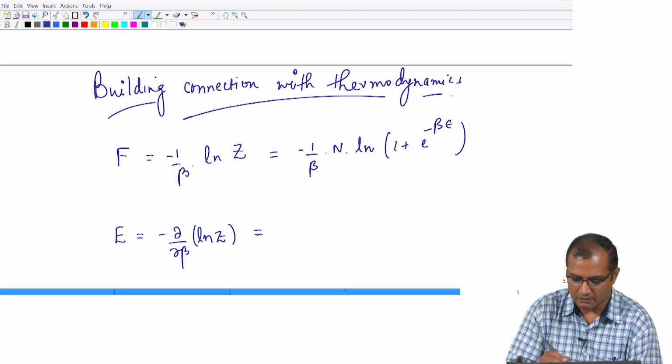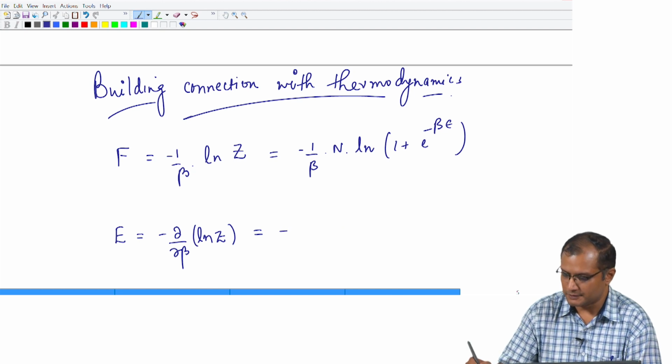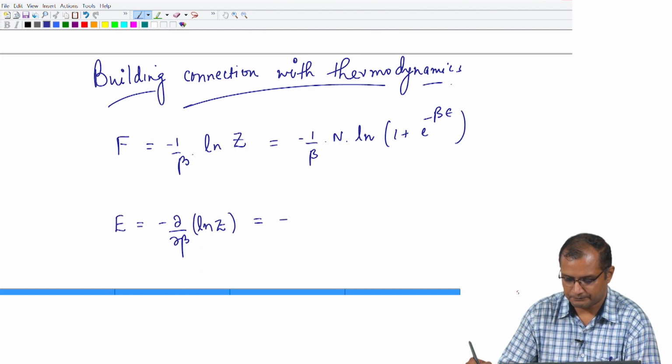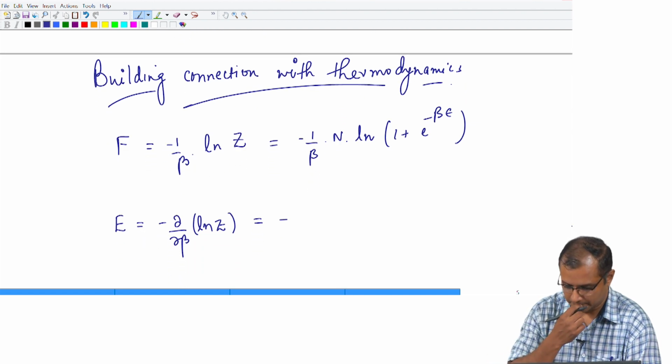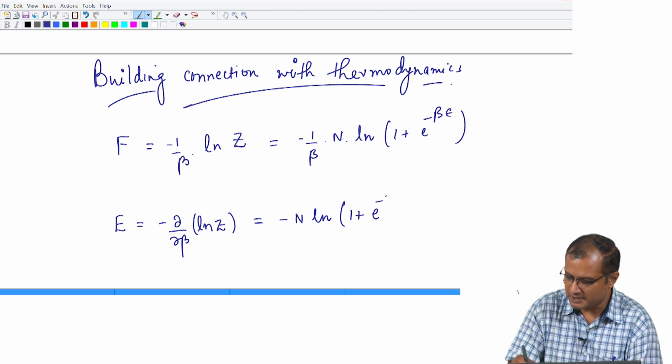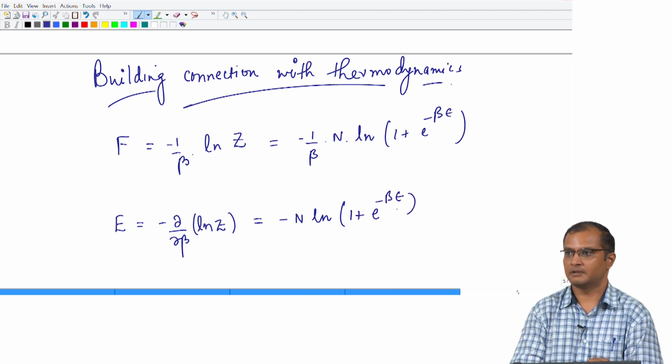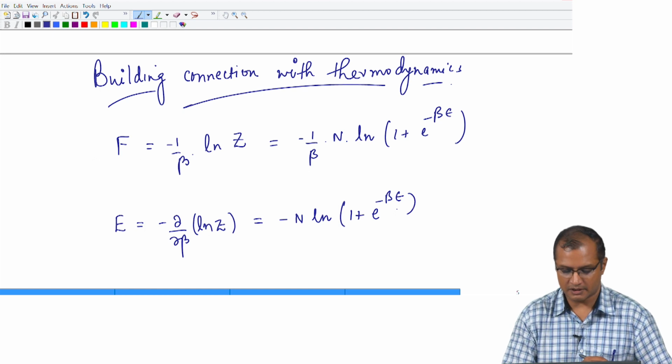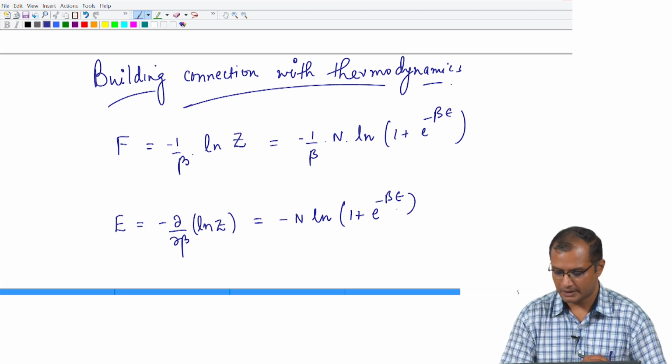So, you can write down this as minus d by d beta of N ln 1 plus e raised to minus beta epsilon, fine. That is your internal energy, and